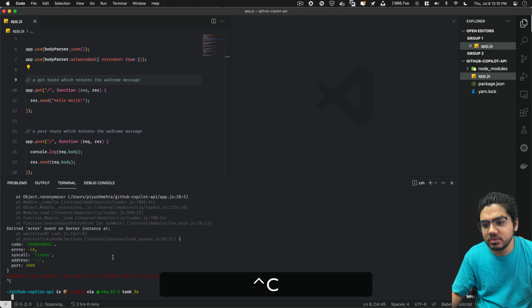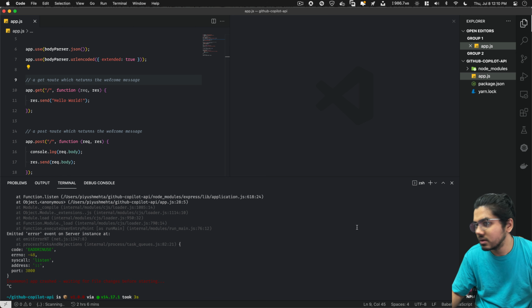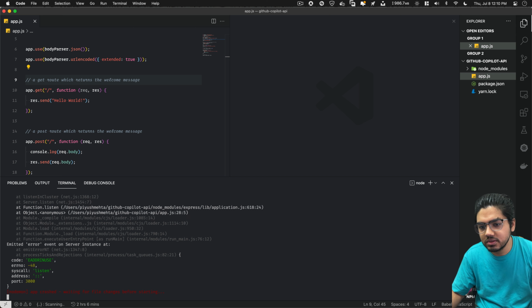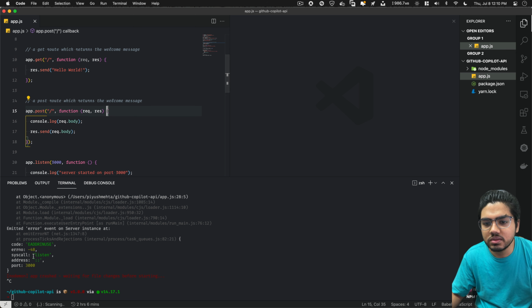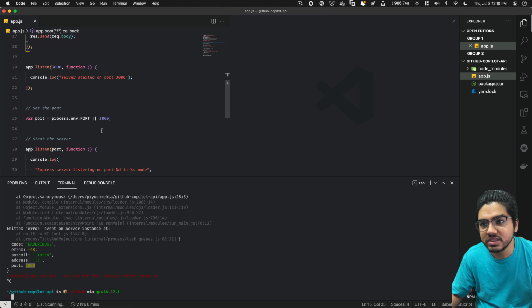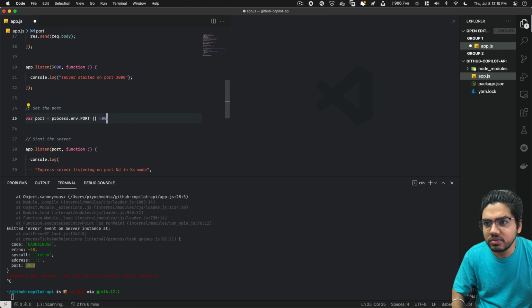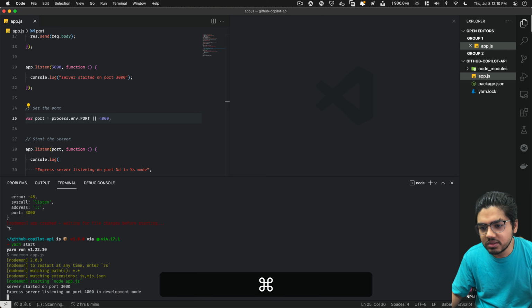It's already in use. Okay, let's see what's the issue. When this happens, either you can find the PID, which is the process ID of the app which is using 3000, and kill it, or you can simply change the port. We'll change the port right now so that we can start working on this.